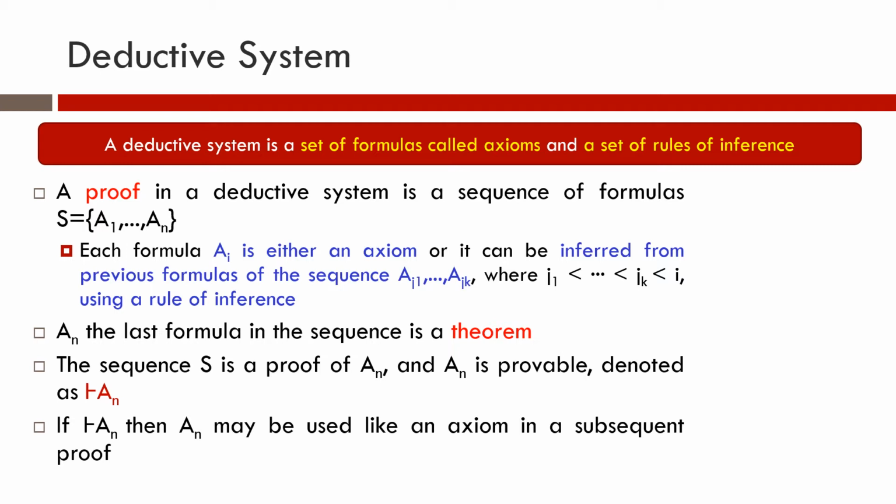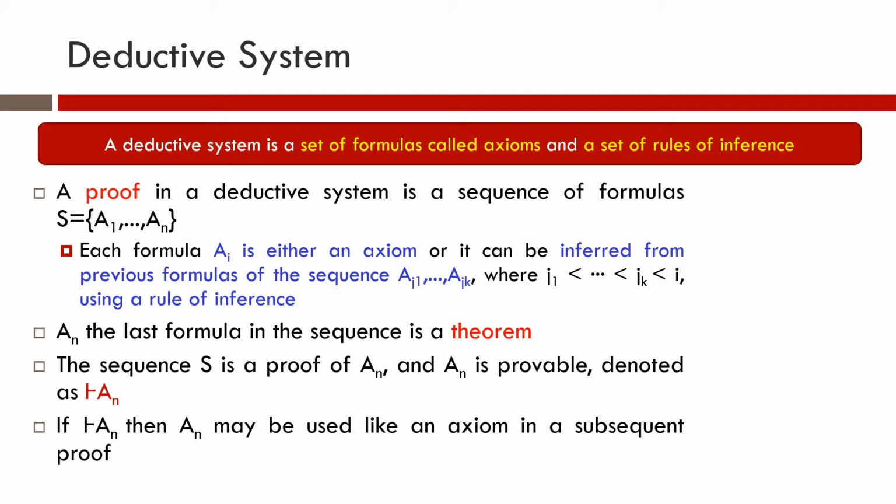A deductive system is a set of formulas called axioms and a set of rules of inference. Almost every logical system will have an associated deductive system, and this deductive system will help us to prove formulas in that particular logical system. Now, a proof in a deductive system is a sequence of formulas of this form, say S is equal to A1 to An. Each formula Ai in this sequence is either an axiom or it can be inferred from previous formulas